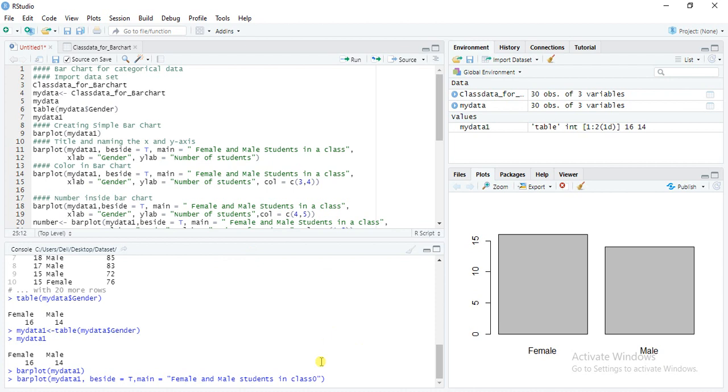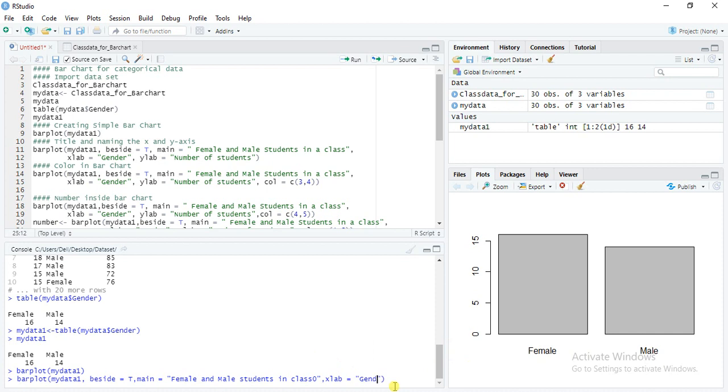Then comma, xlab means we want to give the name of the x-axis as well as the y-axis. So xlab means x labels equal to gender, because it is telling about the gender in a class.